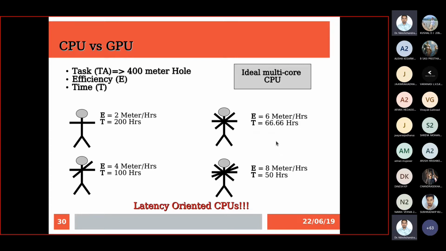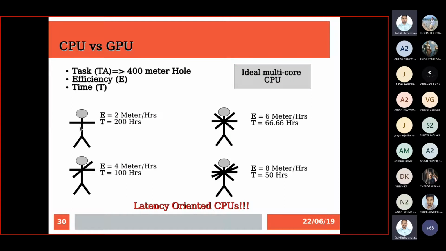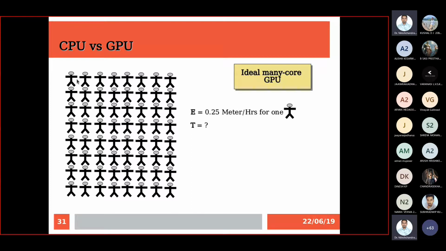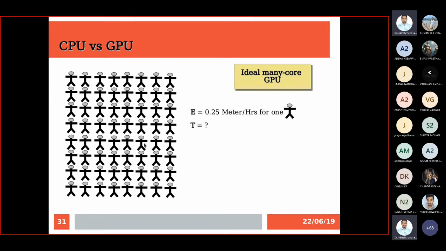But in the case of GPU, how does it work? We don't have very powerful resources like this. You can consider the size of this person here and the size of a person in the GPU, right? Here the size is small. That means these are very lightweight resources, but they are huge in number. For example, here we'll have maybe only 4 very powerful resources. That means 4 CPU cores, but every core is very powerful. In the case of GPU, we'll have 64 cores, but every core is a lightweight core,